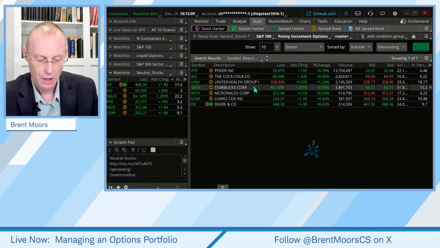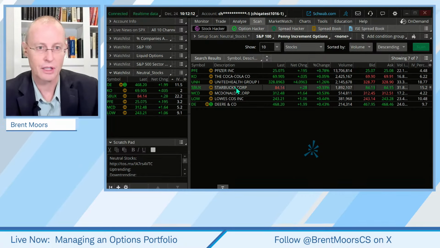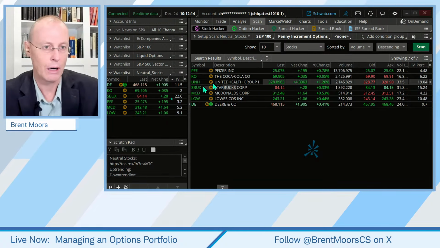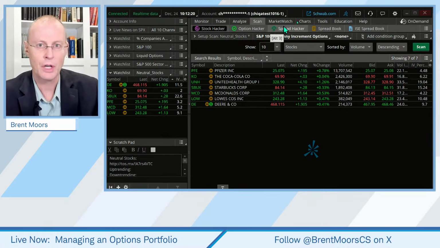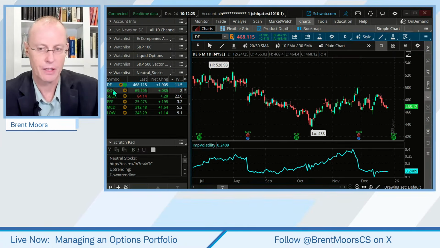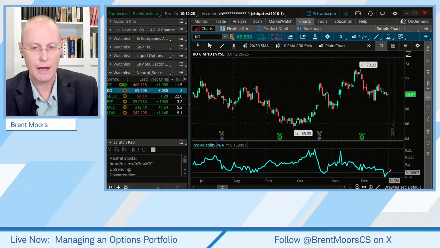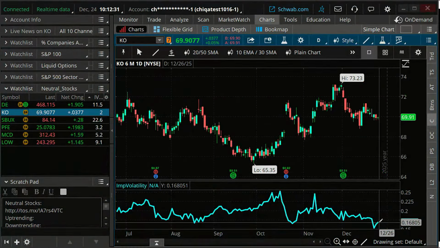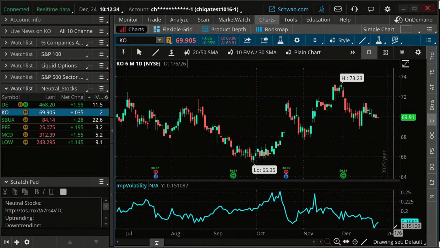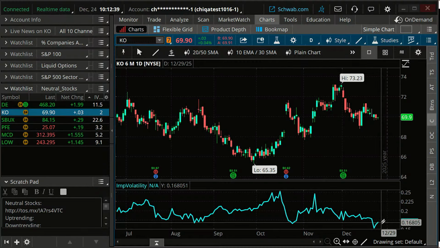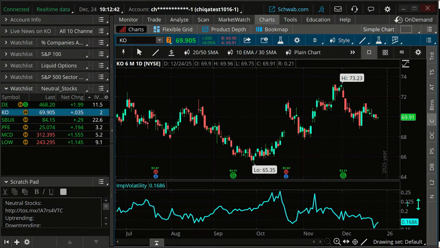And here we go. So what we can do is I can then look at these stocks and you can say, oh, here, Pfizer, Coke, or I can go to neutral stocks over here and do that. Okay, so let me go to charts and I can look at some of these. Here's our implied volatility at the bottom of the chart. Low implied volatility, where do I think the implied volatility is going to go? If I think it's going to continue to go down, then I wouldn't want to do a positive Vega trade. But if I think implied volatility has gone low and it's more likely to go up over time, especially as earnings season gets closer, then maybe I would do that.